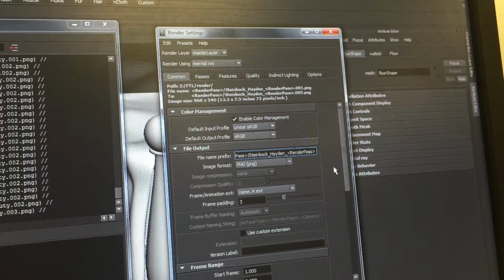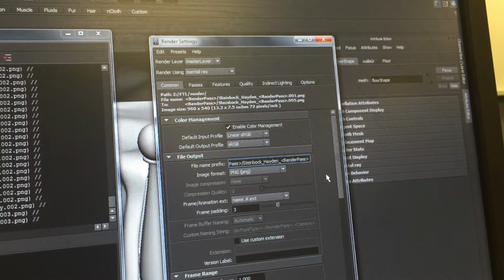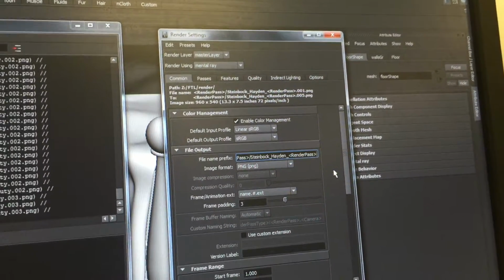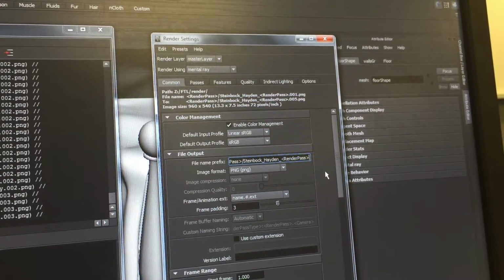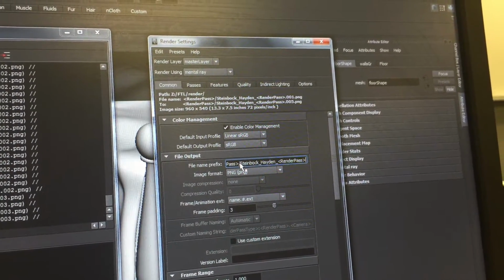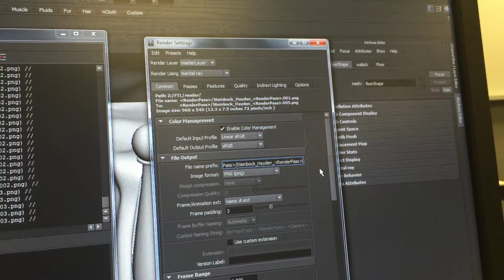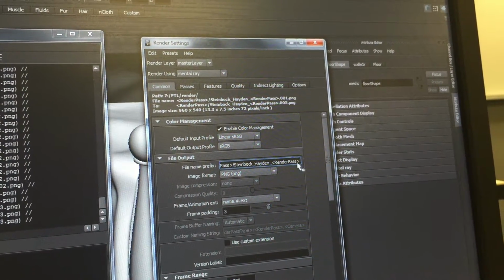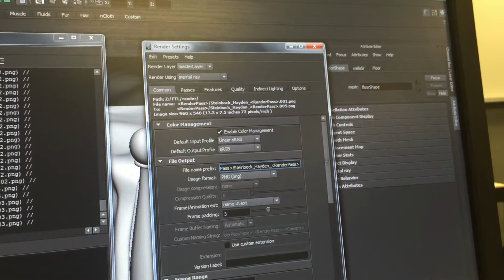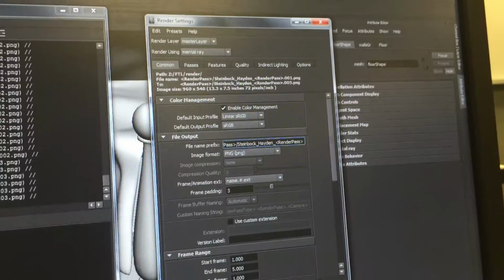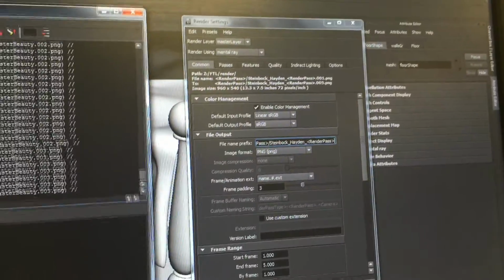So now what this is doing is when you have slash, that tells it, I want you to make a folder, right? So now what it's going to do is it's going to render out in the render directory, it's going to make a folder named after the render pass, and then inside of that, it's going to have your name and then the name of the render pass. Which is nice because if you're in Nuke or After Effects and you're looking at a file, it doesn't say